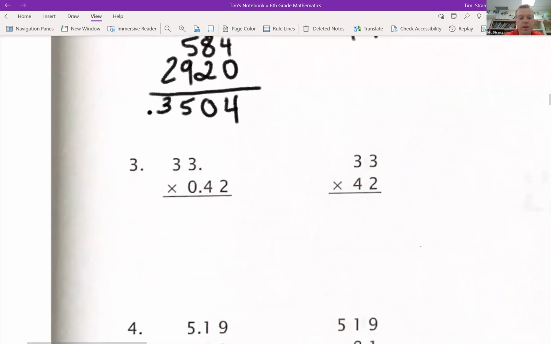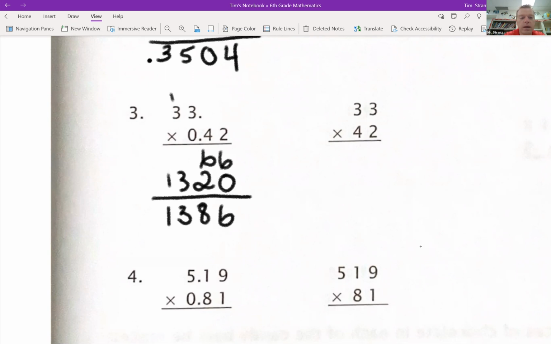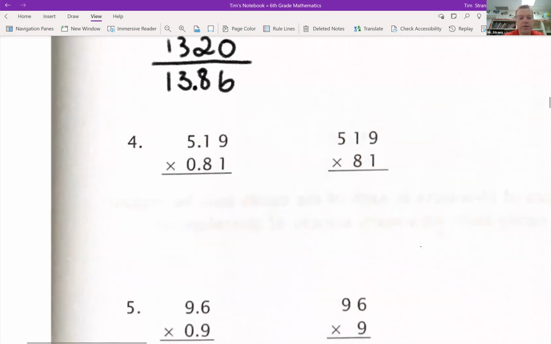Okay, let's look at number 3. We got 33 and then 0.42. Okay, so 2 times 3 is 6. 2 times 3 is 6. Placeholder, 4 times 3 is 12. 12 and then 13. So add these numbers up. I'm going to have just 2 decimal places this time. So 1, 2, right there in the middle, 13.86. Let's look at number 4,